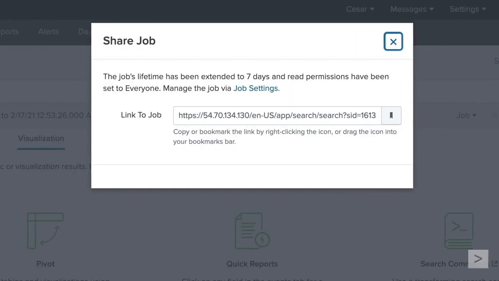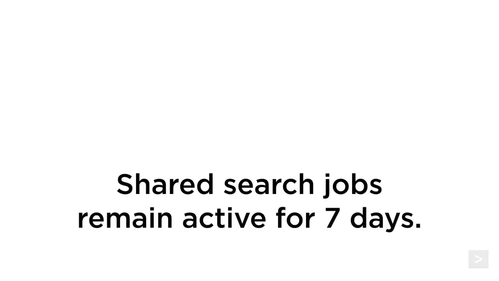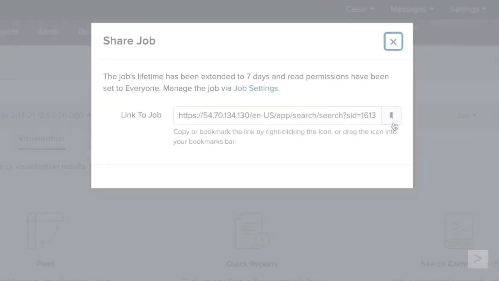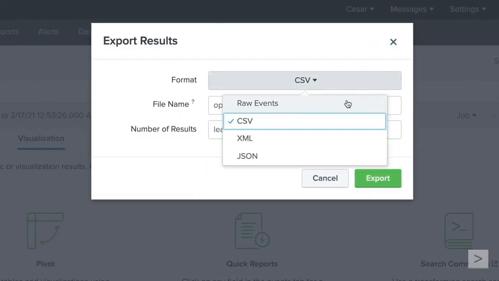Clicking the share icon, we get a link that we can share with others or bookmark for our own use. By default, a search job will remain active for 10 minutes after it's run. After 10 minutes, Splunk will need to run the job again to return results. A shared search job, on the other hand, will remain active for 7 days and will be readable by everyone, meaning that anyone you share this job with will see the same exact results you did when you first ran it. The export icon will allow you to export events returned from the job in RAW, CSV, XML, or JSON